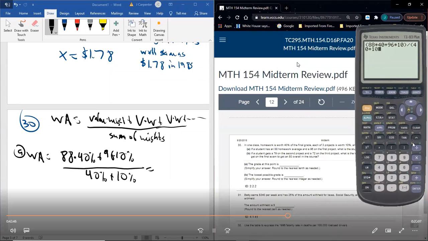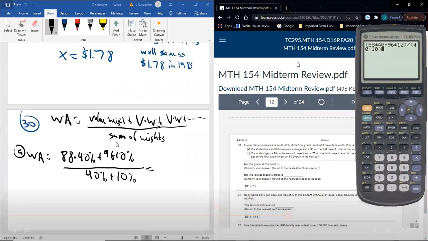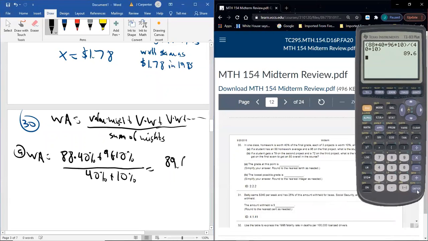If you don't like the way I'm doing this, you don't have to do it. You can do the top, write the number down, do the bottom, write the number down, then divide. And we get 89.6. So that would be our average up to this point. This makes sense